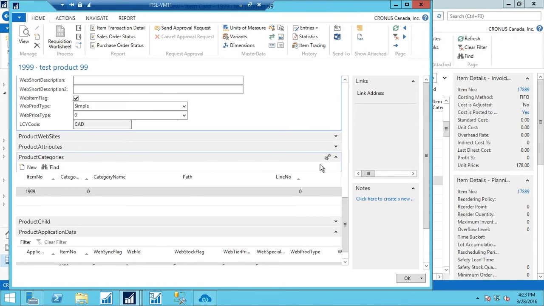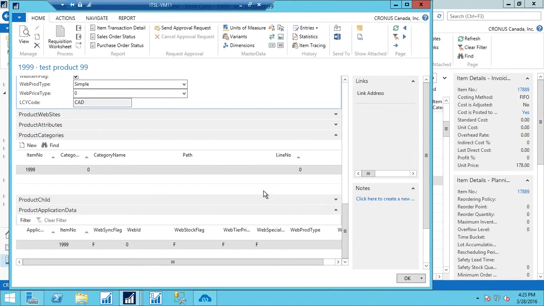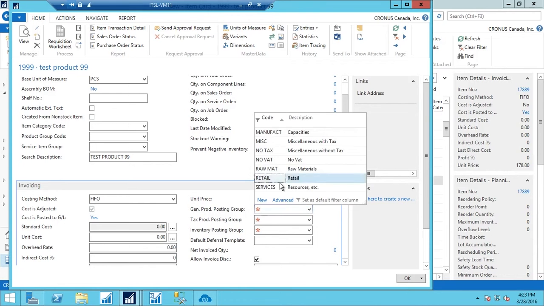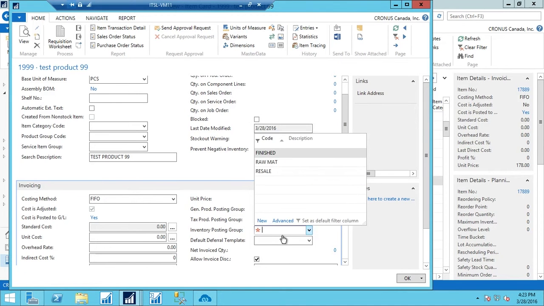And in case you have multiple categories in Shopify, you can also select the category in which this item is supposed to be showcased. It's a demo Shopify store that I have, and it has only one category, so I need not select any category. So let me save it, and these are some general things of NAV.